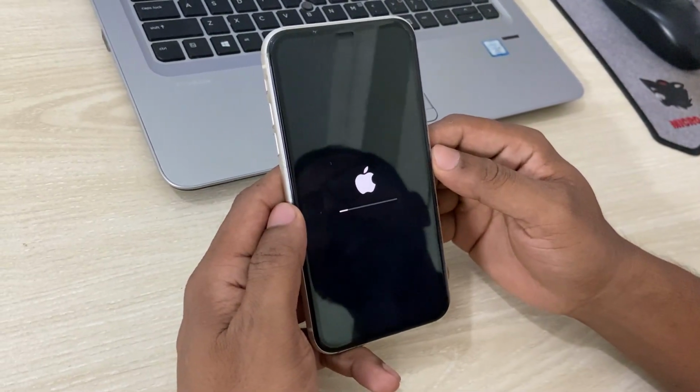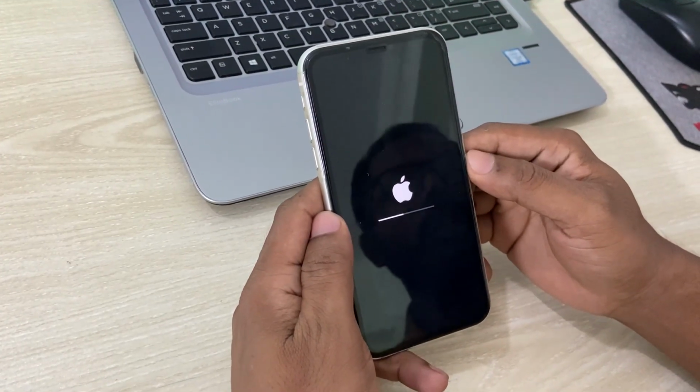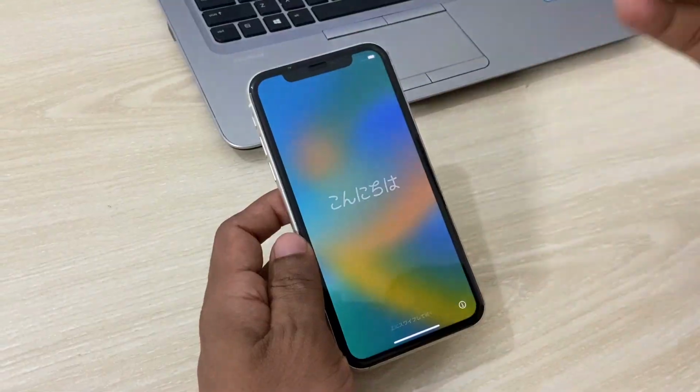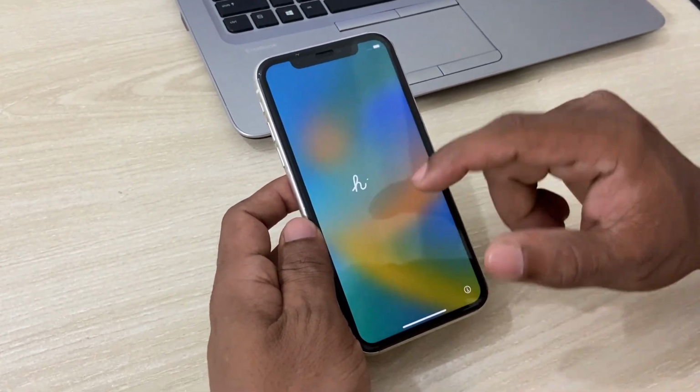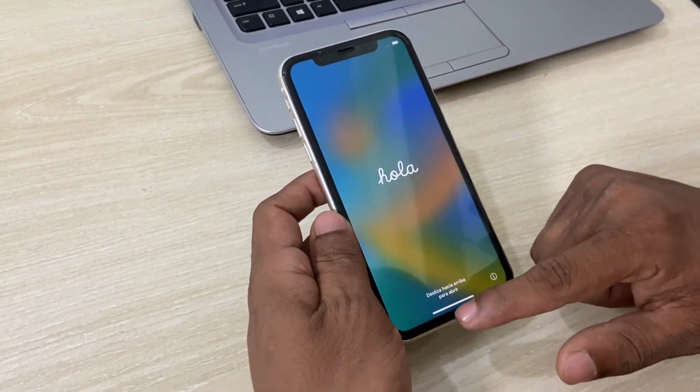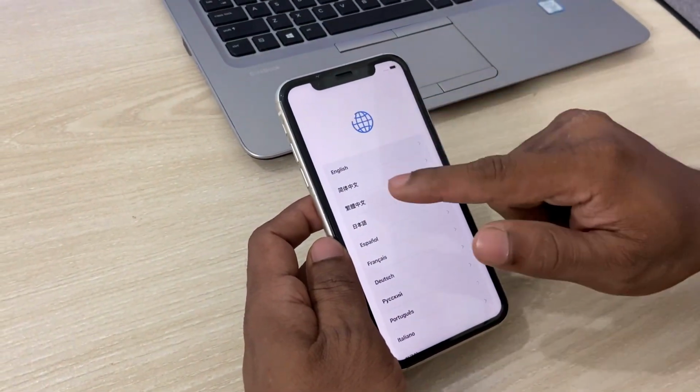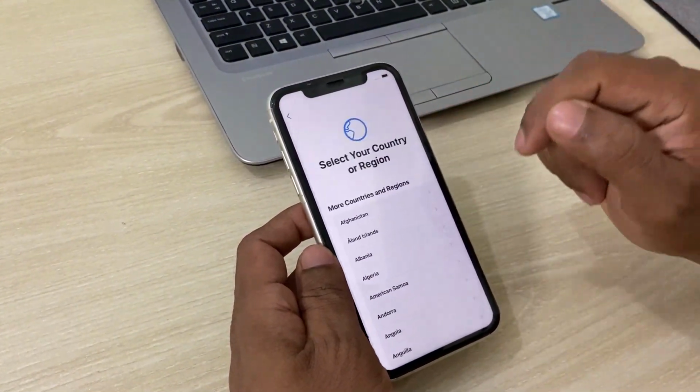It takes a few moments to restart and reset the iPhone, so you have to wait. I think it takes 2 or 3 minutes. So the reset is done. Right now the Apple iPhone says hello, so just swipe up and select your language, obviously English, then